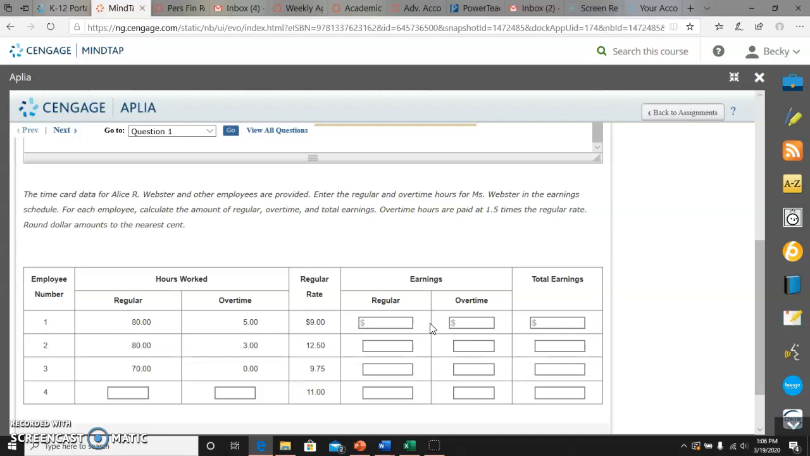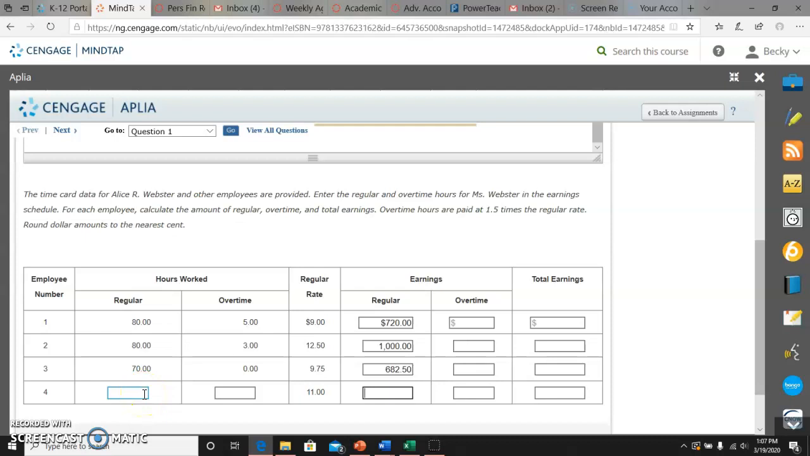So first thing I would do is just do all the regular earnings. So 80 times the regular rate of $9 and you get $720. 80 times $12.50, you get $1,000. 70 times 9.75 and you get $682.50. And then I would add all those up. Oh, sorry, it's not a total. They're just doing